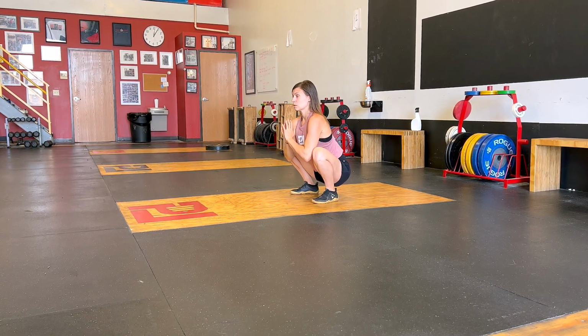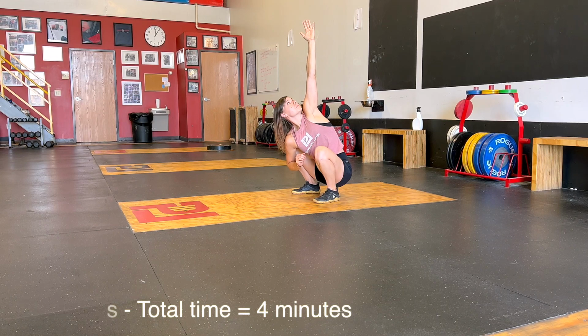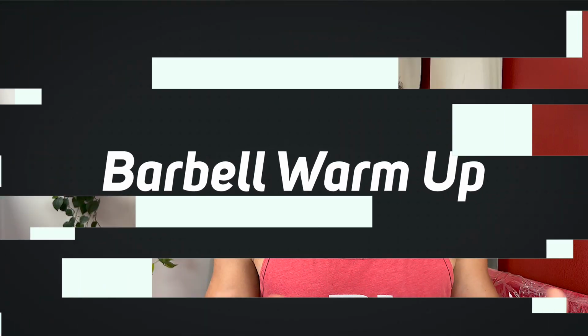Allow yourself again on the clock, 2 minutes, a minute each side. Tune it in with your breath. Allow yourself to reach a little further on each rep, and we're getting blood flowing, we're getting things moving. All right, so if you're keeping track of our time, we're 4 minutes in, and now we're going to go over